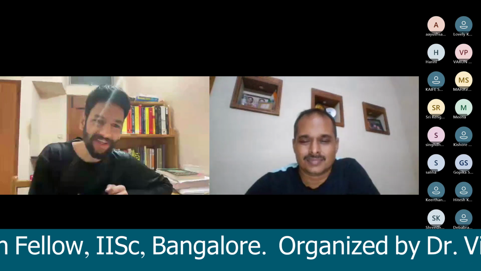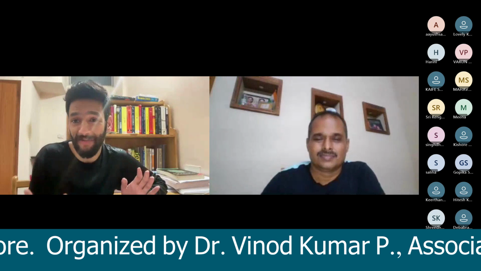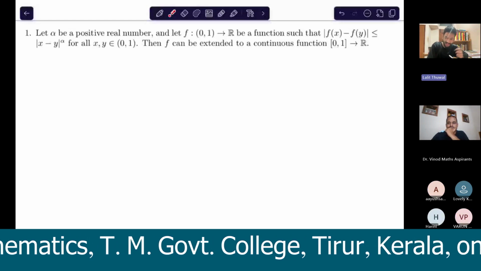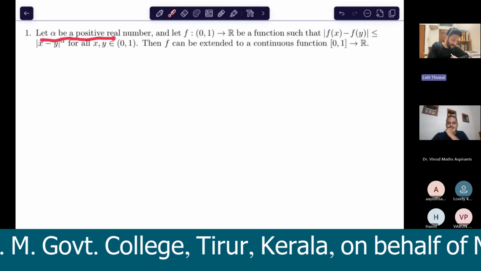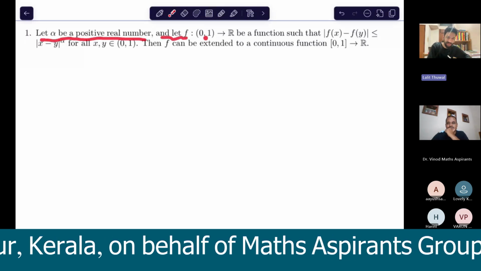Okay, let's start with this question. This is the question from Uniform Continuity. I will definitely be asking you questions from algebra and linear algebra. There are only 3 parts from which questions are asked in the TIFR exam: linear algebra, abstract algebra, and real analysis. So this question is a true-false question. Let alpha be a positive real number, and f is a function from (0, 1)